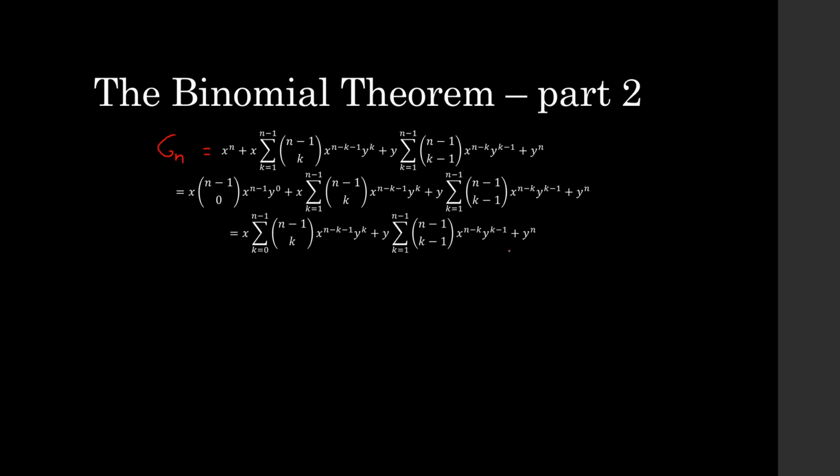Now I'm going to do the same thing for the second term. Well, actually first, I can simplify this. Note that this here is exactly of the form of a generating function, but up to n minus 1. I've got n minus 1 here. This I could write as n minus 1 minus k instead of n minus k minus 1, and this goes up to n minus 1. So it's exactly of the form of g_n(x, y)